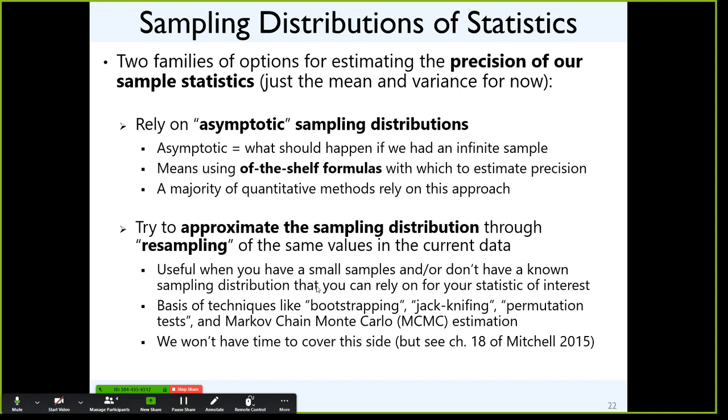Nowadays, there are different approaches that are known as approximations through resampling. Those of you in 4143, if you took it with Brandon, I think he does some of this kind of stuff. If you took it with someone else, maybe not, I'm not sure. But these words that you may have heard of, bootstrapping, jackknifing, permutation tests, Markov chain Monte Carlo, all of those are ways of resampling from data to try and figure out what the sampling distribution looks like.